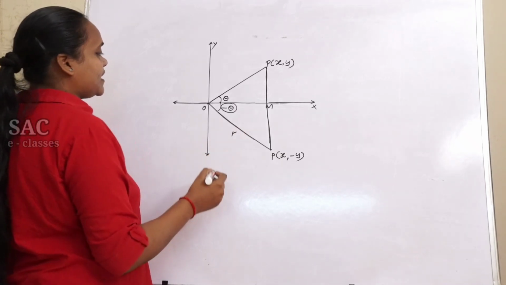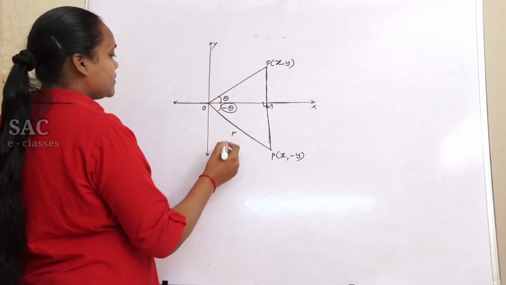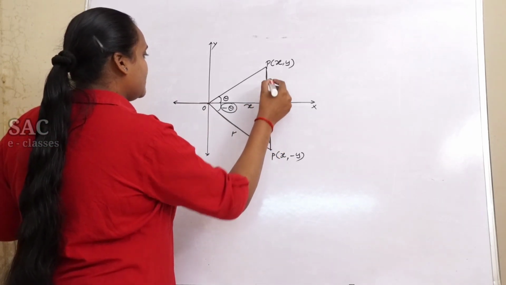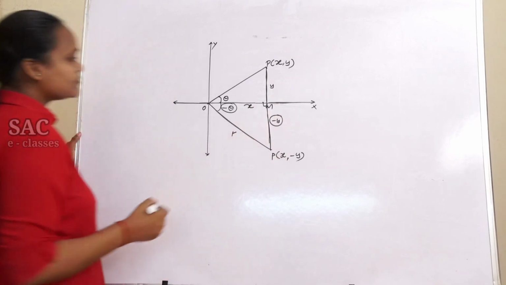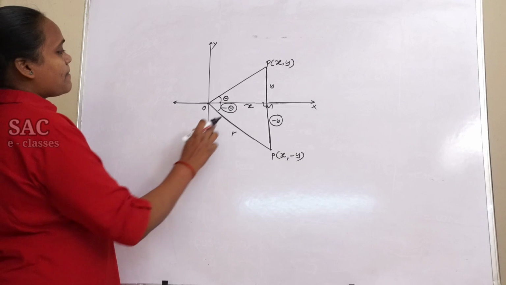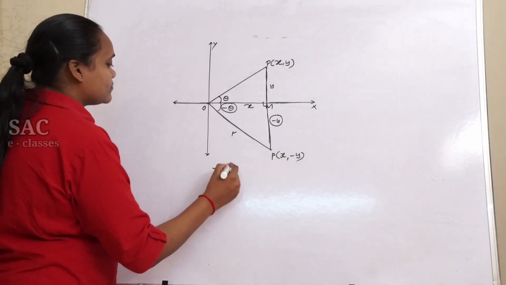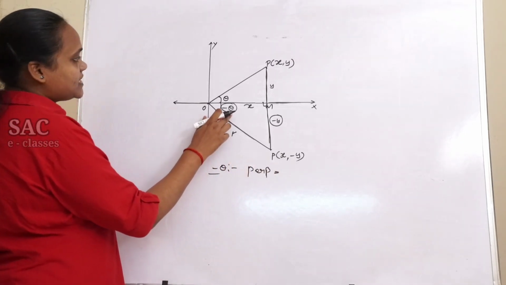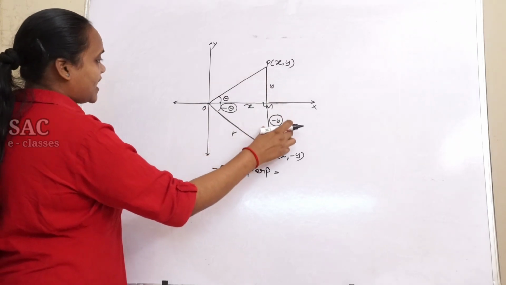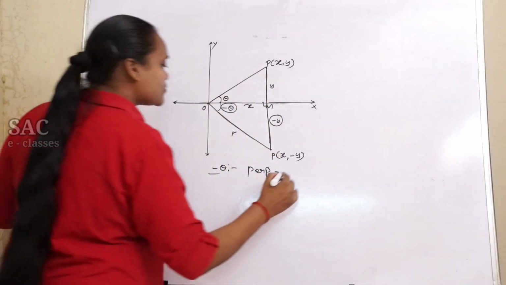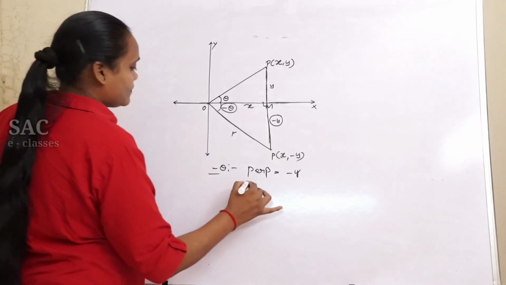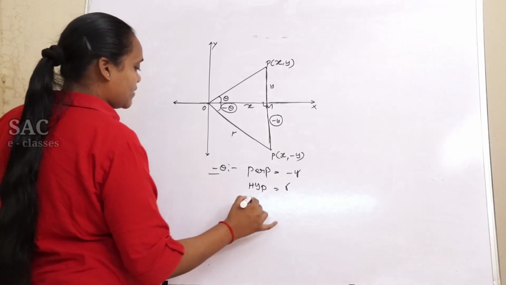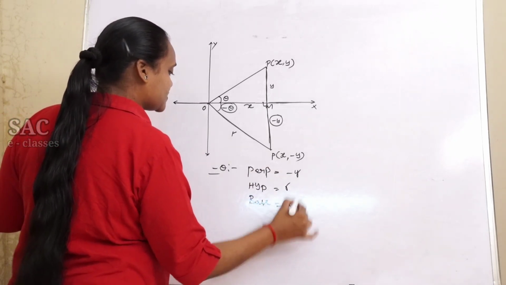There is the same radius, which is the hypotenuse. Let us think it is r. Now it is obviously x, y, but it is minus y. For the minus theta, we know that if the angle of reference is there, the opposite side of the angle of reference is the perpendicular. So perpendicular is minus y. Hypotenuse is opposite to the right angle, which is r. Then what is the left one? That is the base, equal to x.